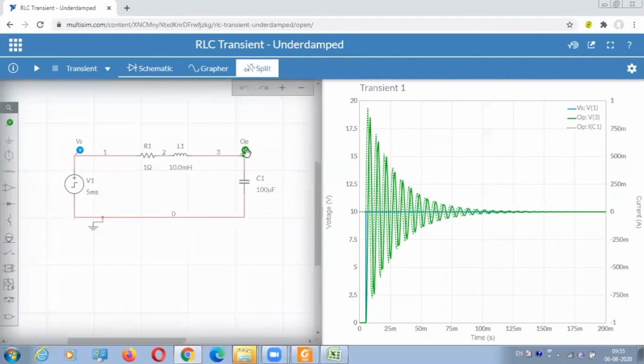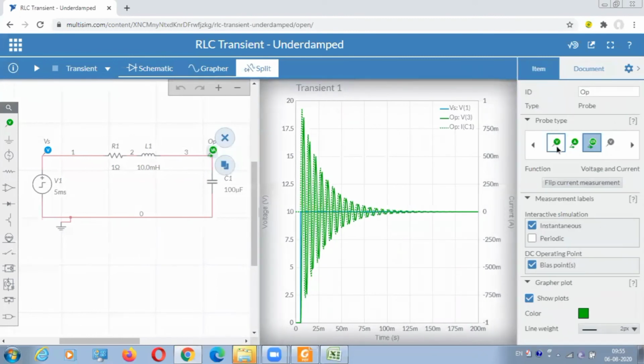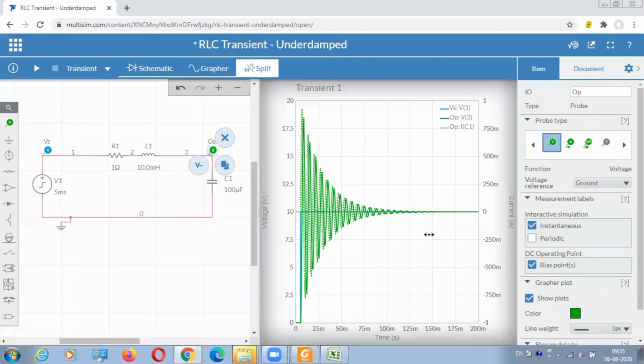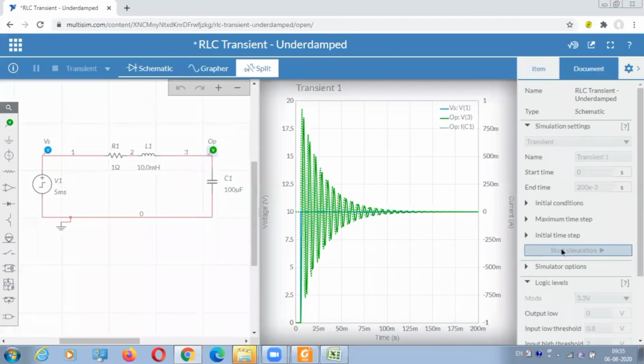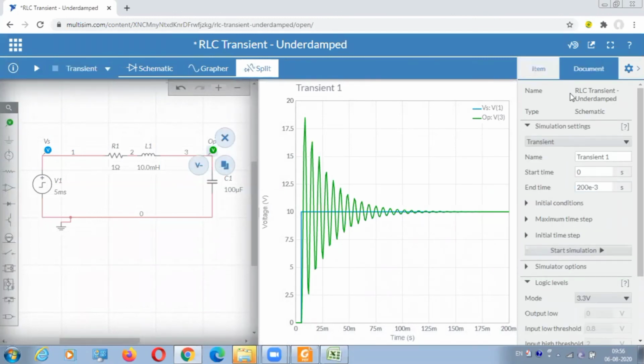I'll just go to the probe and show you individually what happens if this probe is your voltage. Okay, so voltage, if I do only voltage and go to document and start running this, all calculations, how much time it will run, I have checked it again and again and seen at which point steady state is reached. That's why I've given this one.